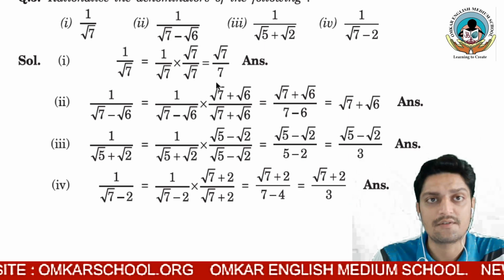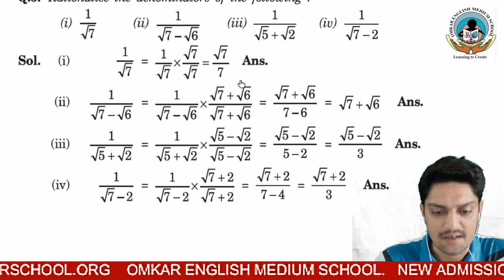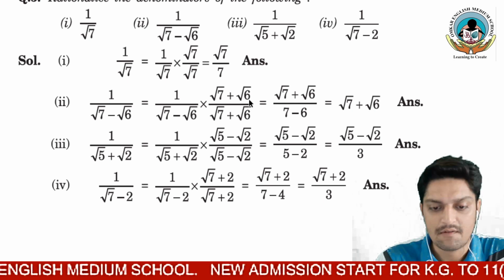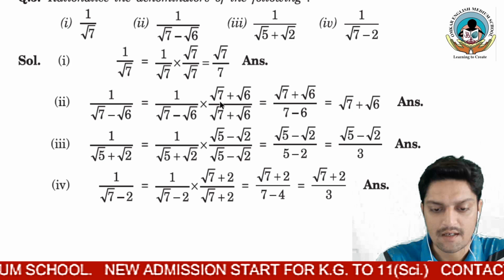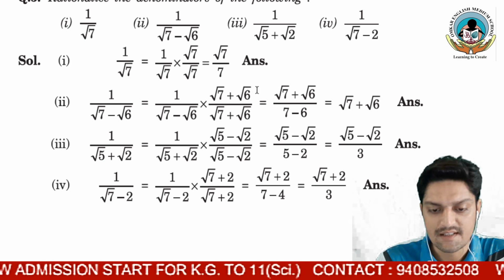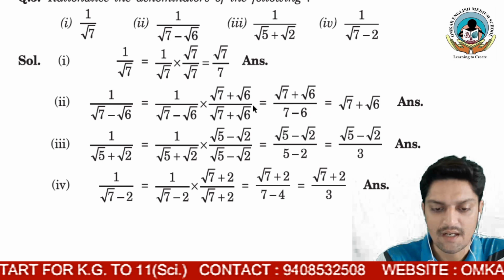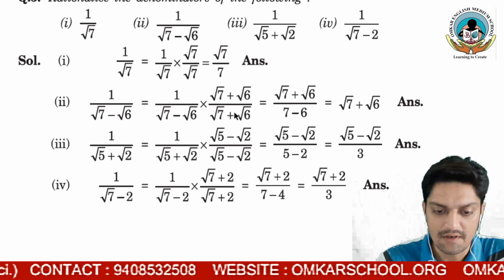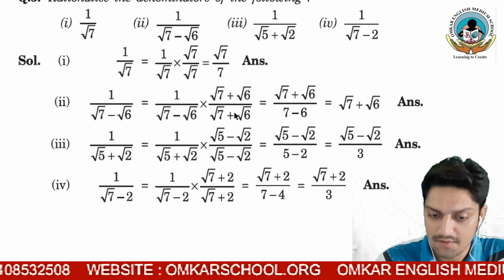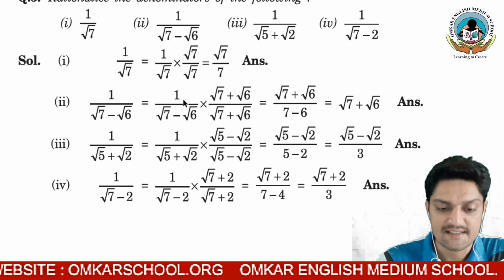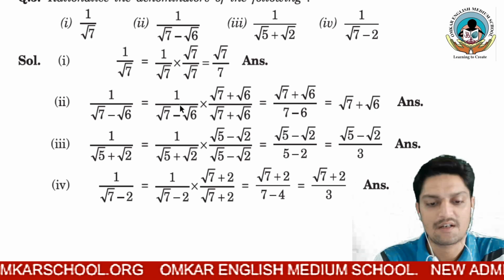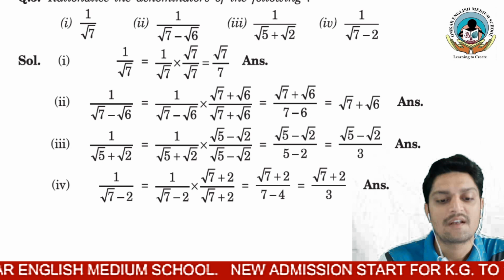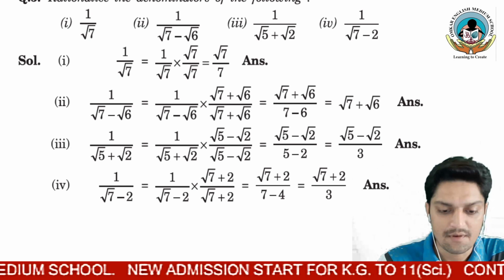So why? Because if I cancel out these things, see this is one separate term, root 7 plus root 6. Right now you can see my cursor is scrolling here. So root 7 plus root 6, if you do bracket here, and in the denominator also if you put bracket, it will become one term, and this numerator and full denominator you can cancel out. And if it will cancel out, again the same term will come, because as I informed you, in question you cannot do any kind of changes.